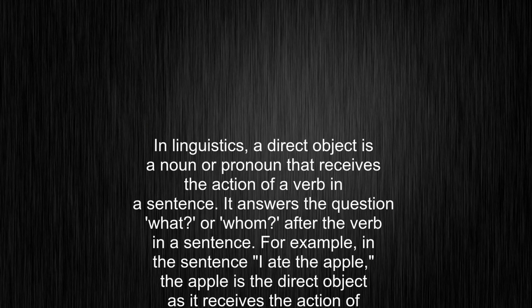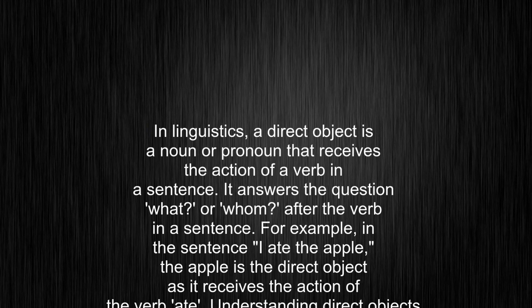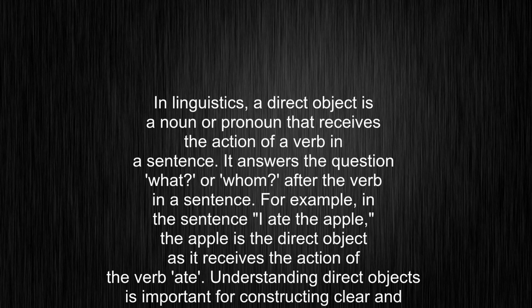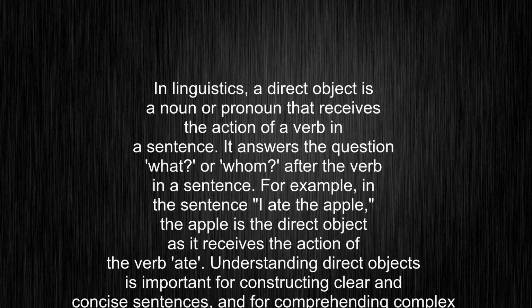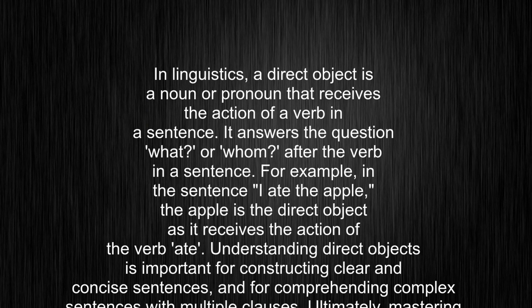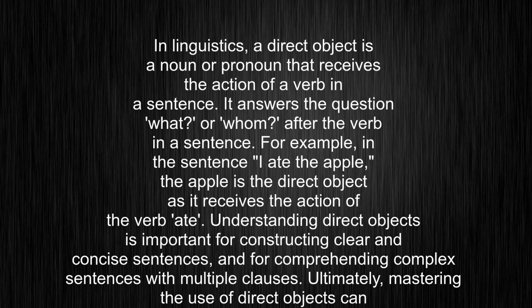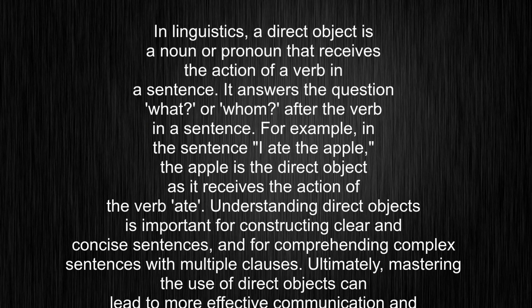In linguistics, a direct object is a noun or pronoun that receives the action of a verb in a sentence. It answers the question what, or whom, after the verb in a sentence. For example, in the sentence I ate the apple, the apple is the direct object as it receives the action of the